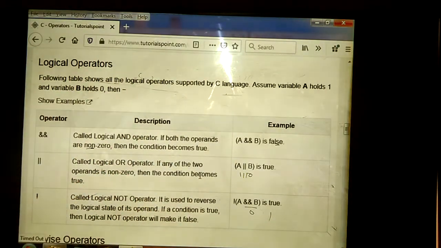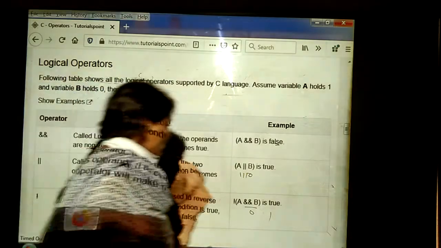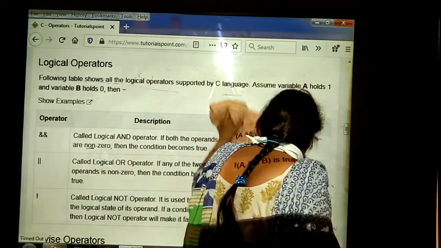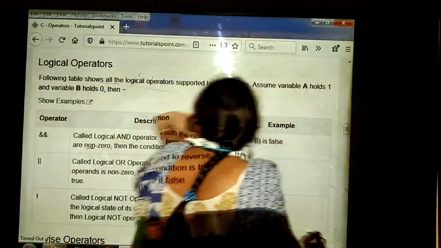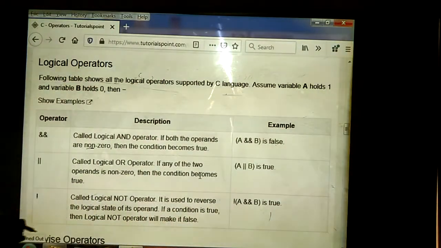Suppose we enter the value 0 by using the not operator, the output will be 1. Suppose we enter the 1 value by using the not operator, we are going to get 0. We get opposite values by using the logical operators. By using logical operators, we are going to be comparing the data by using binary numbers.